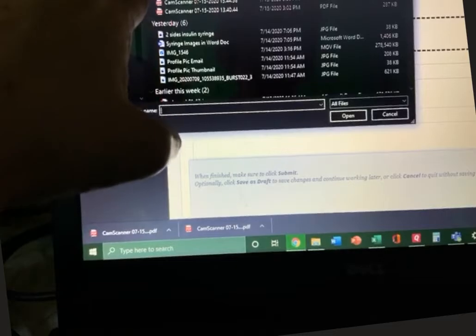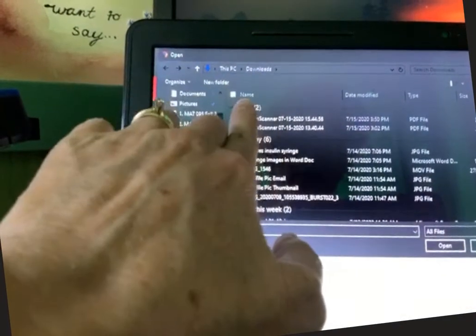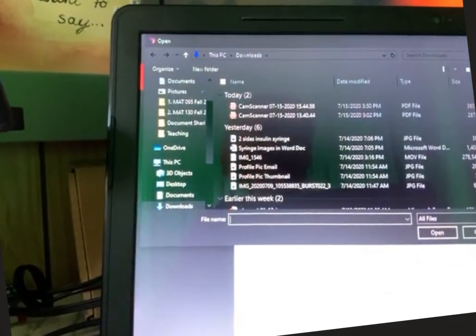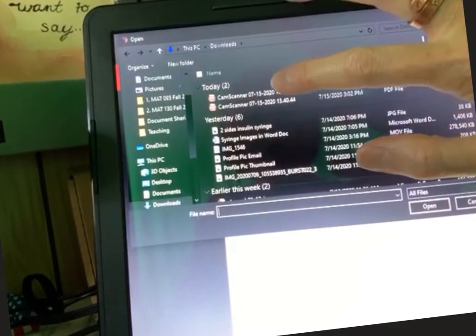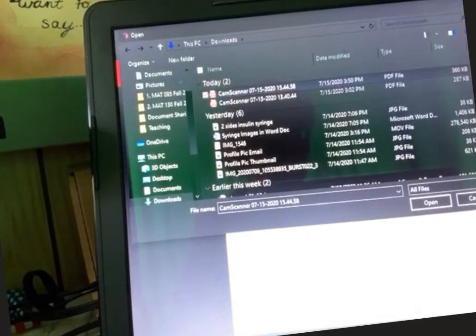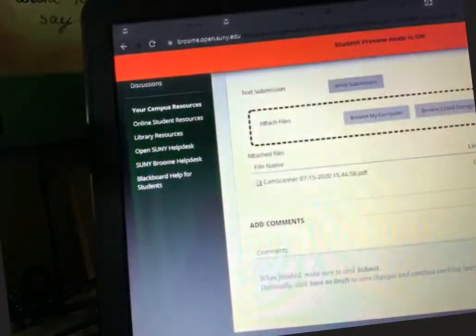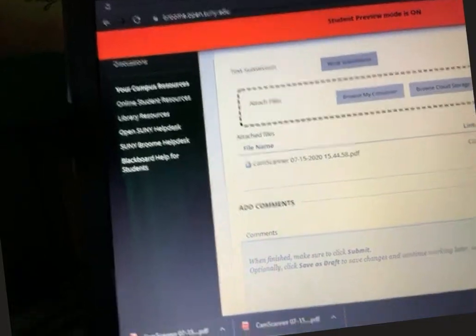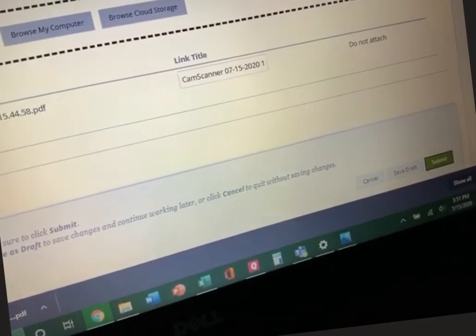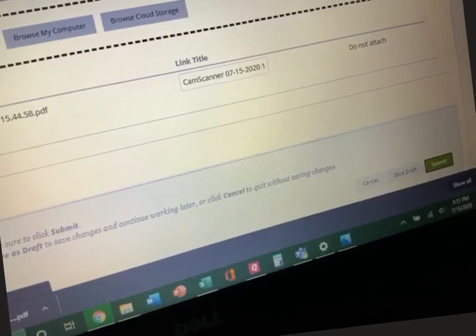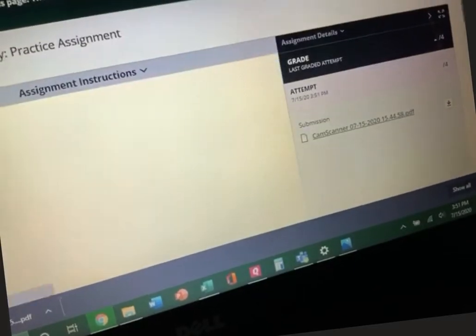go to your, I don't know if you can see that. I'm in my downloads file, okay, and I've downloaded the CamScanner twice today, but I'm going to choose the one I just downloaded. I'm going to open it. It's going to be uploaded there, and now I just have to click Submit. Okay,